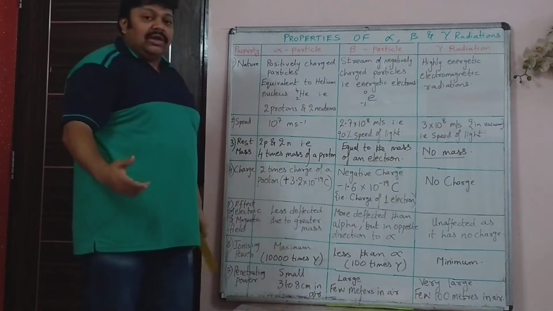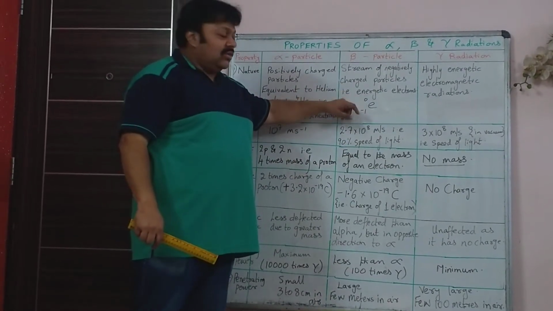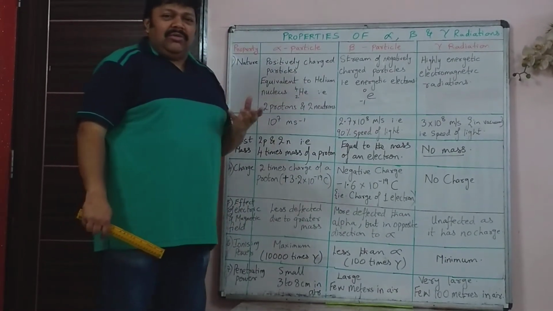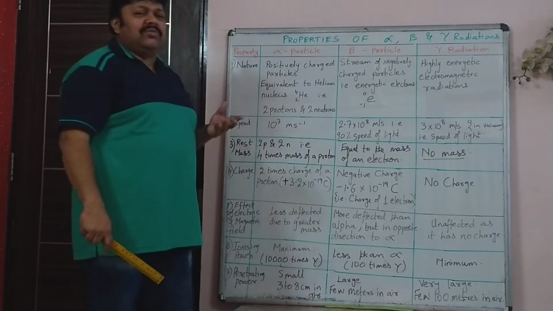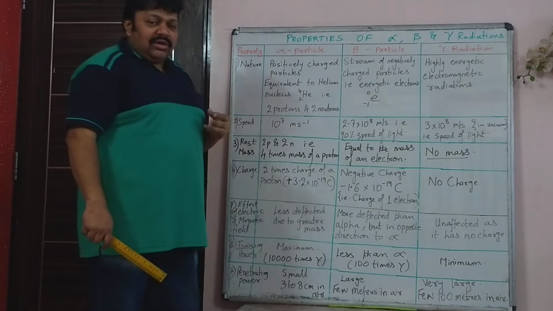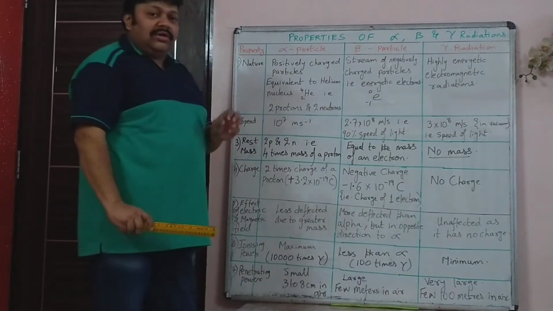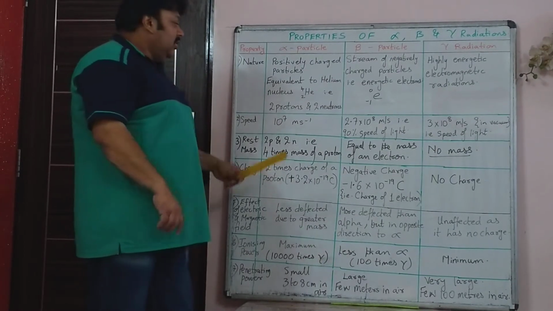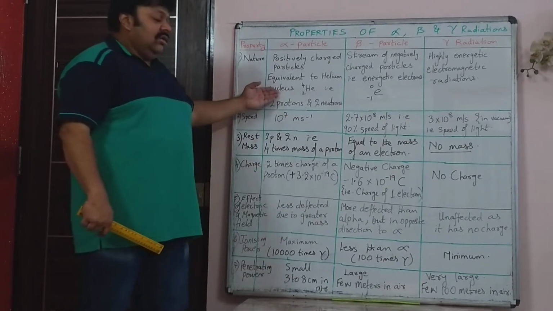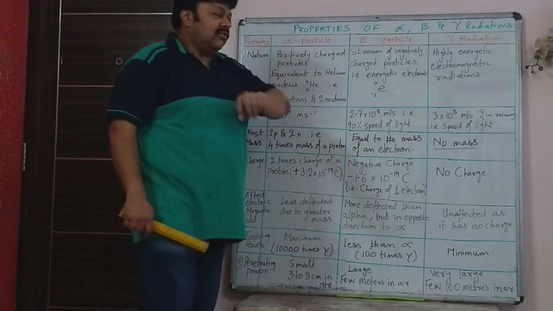Now beta particles are a stream of negatively charged particles, that is, energetic electrons. So it is equivalent to an electron. Its charge is -1, but mass is very low. Electron mass is almost negligible, very small, but you can't say zero. It has some mass, but it is extremely small. But the charge is the charge of 1 electron, that is, it has unit negative charge. This has double positive charge. So which has more charge? This, because it has the charge of 2 protons. This has the charge of only 1 electron.